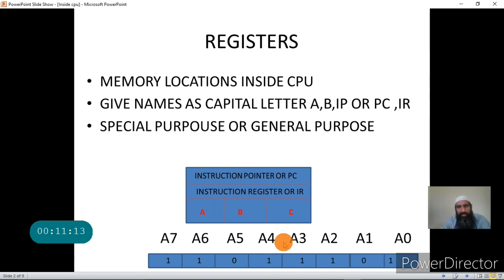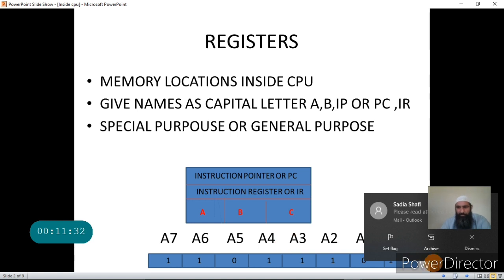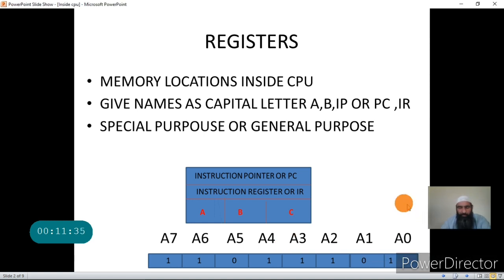So this register stores 8 bits, that is, it is an 8-bit register, and the name of this register in the Intel series is A, which stands for accumulator. Again, this is a special purpose register. The registers like B, C, D, E, F, etc. can be taken as general purpose registers depending on the names given by the designer of the processor. Now, register A, an 8-bit register, is made up of 8 memory cells or flip-flops.